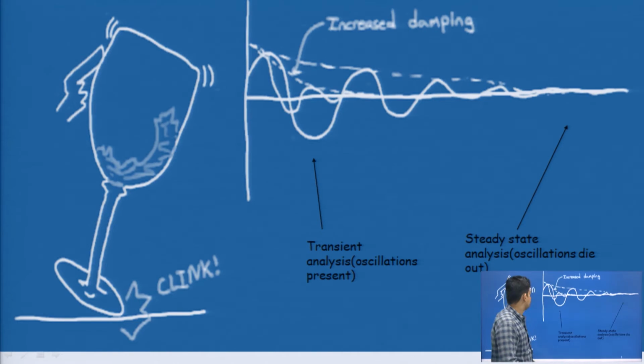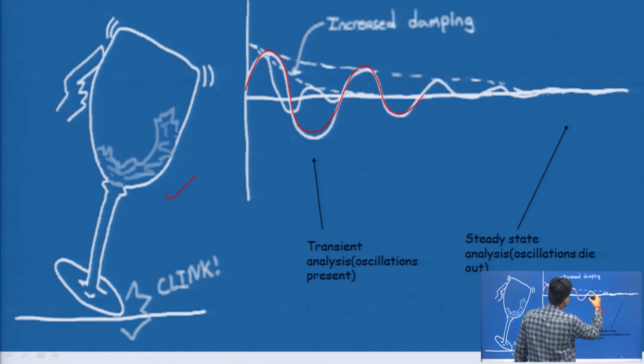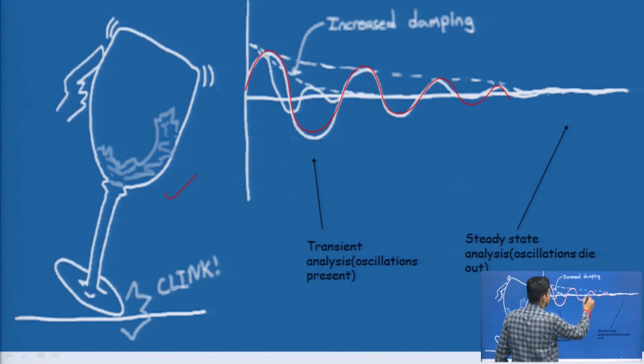Now we will try to understand the concept of transient and steady state. Here we are assuming a wine glass. Whenever this wine glass hits an obstacle, what will happen? The fluid, or wine, will get disturbed. There would be a certain vibration in the glass and a lot of vibrations present in the wine. The time interval in which we get this vibration is known as the transients, or vibrations present in the glass. This state would be the transient analysis.